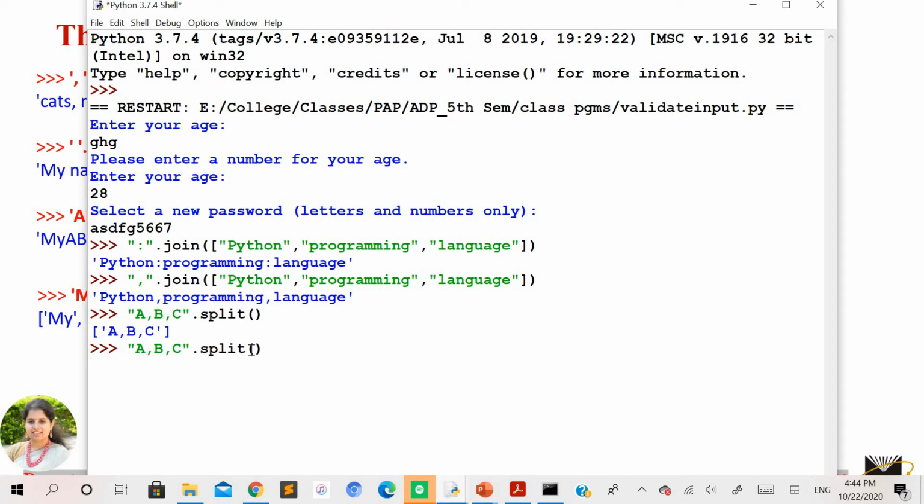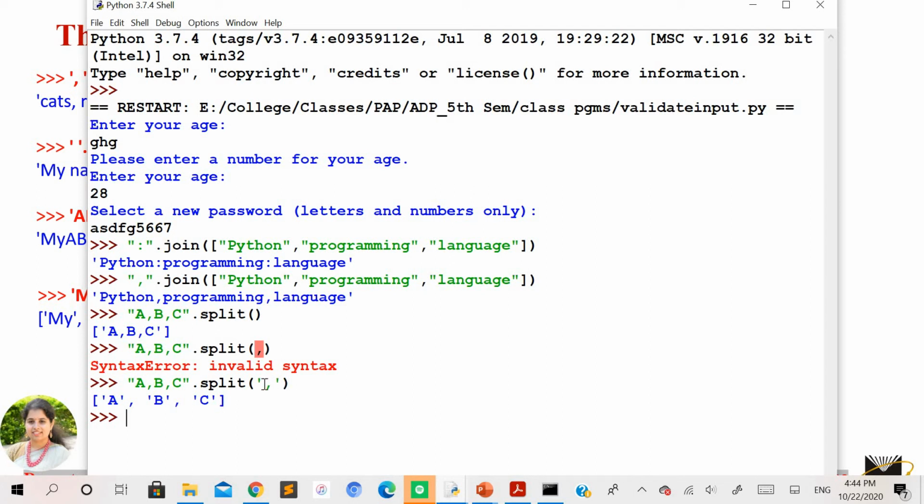In this, I'll take the parameter as a comma. Sorry, it needs to be taken within single quotes. So you can see what the split is going to do on this string. It is going to split this string by considering this parameter as a delimiter.